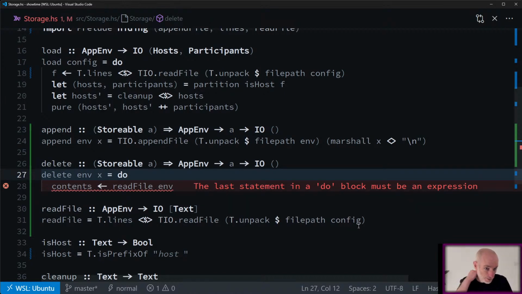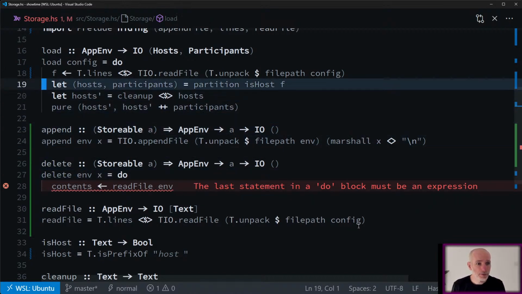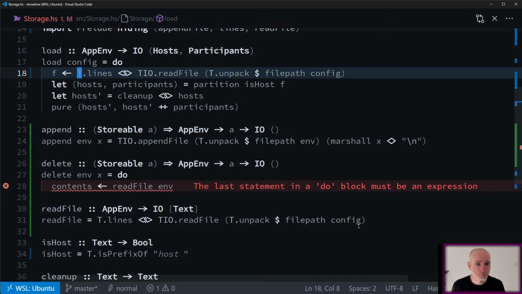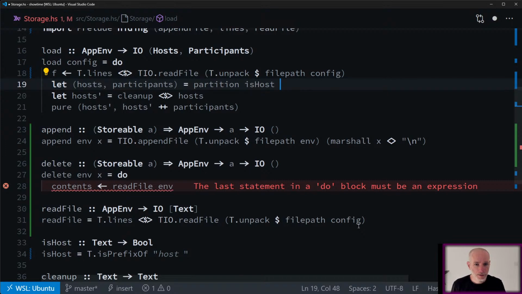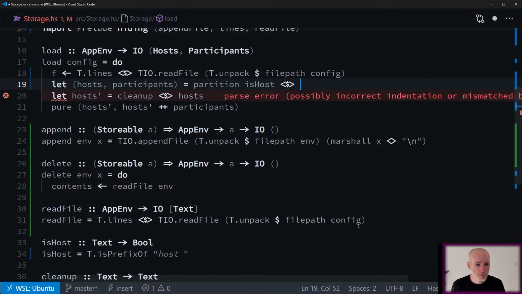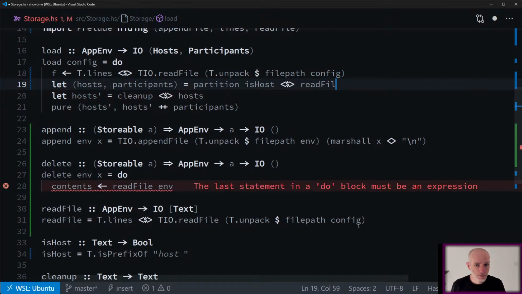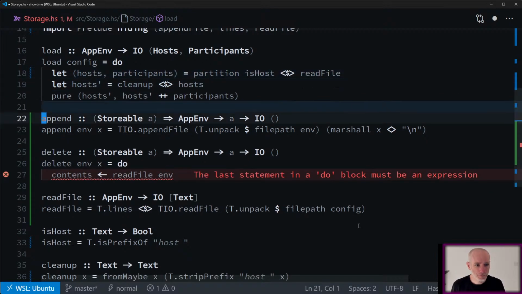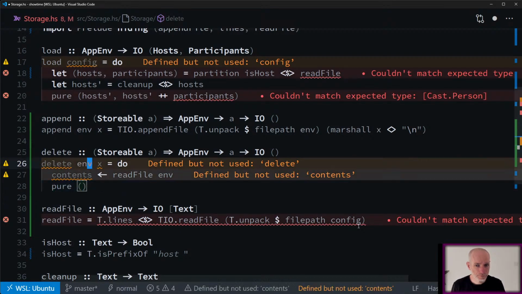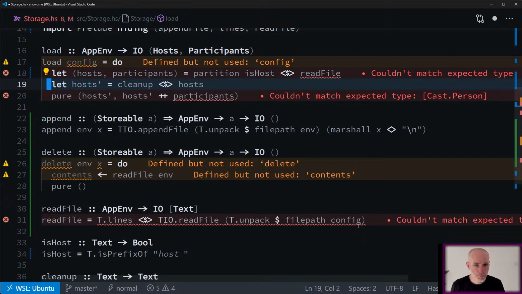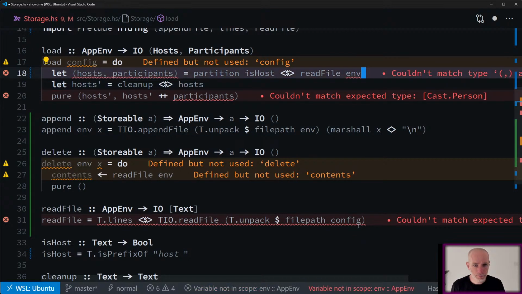Okay, so that's how we can read the file, and then we can just replace this by calling read file. Partition is host over read file. Probably doesn't work. Let's find out what happens. Read file env.